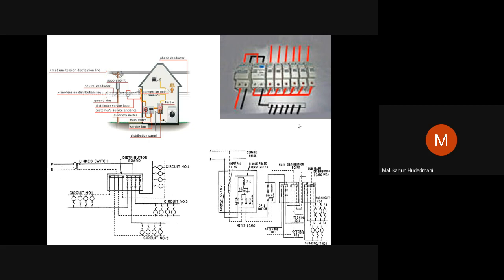So what I was defining, the meter board. Meter board is the board on which the energy meter is installed. That meter gets a connection from the distribution company, and its end connections are taken to the distribution board. The distribution board is a neighbor, side by side, mounted on a wooden board. That's all. They are not far away from each other. They are inside a 2 by 2 feet box. In that, on one side we have a meter, and on the other side we have the distribution.